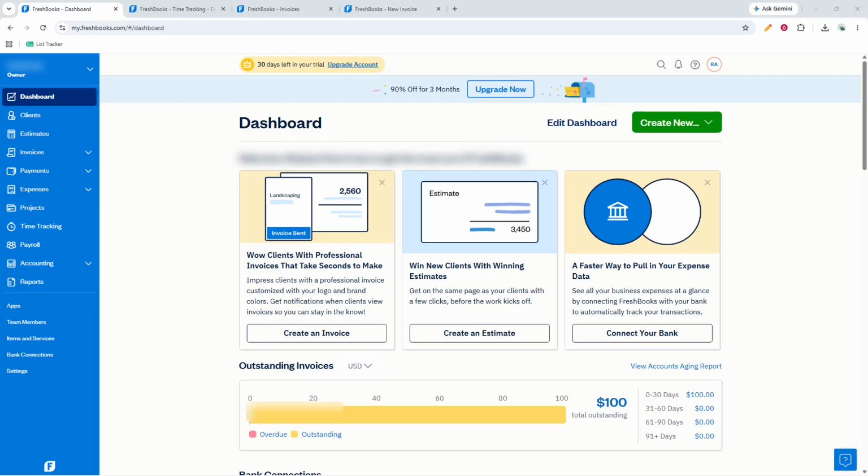In today's video, I'm going to teach you how to track mileage in FreshBooks. To get started, sign into your FreshBooks account and head to your main dashboard. Once you're logged in, you'll be ready to create a mileage entry as an expense. This is a simple way to keep your travel records organized, especially if you need them later for reporting, reimbursements,